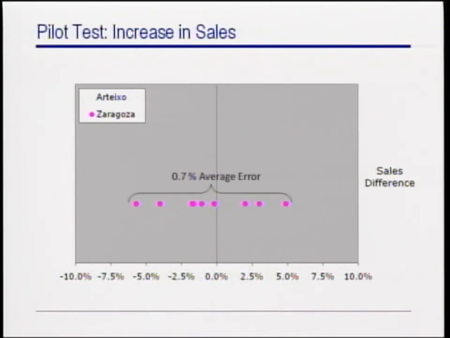However, what truly mattered to us was that the average difference was almost negligible, as it only reached 0.7%, which can be seen in the graph since the pink points are centered